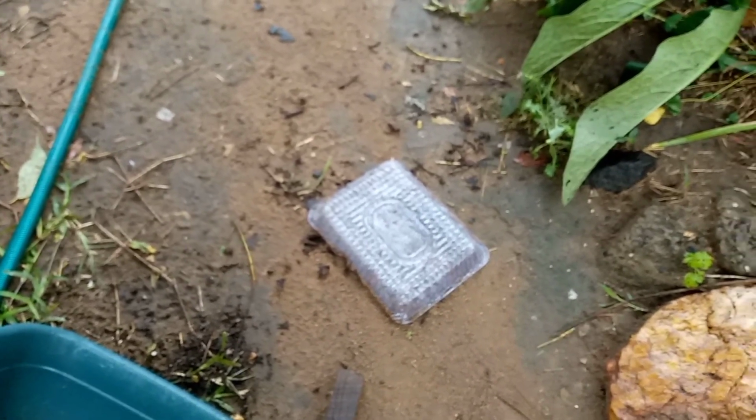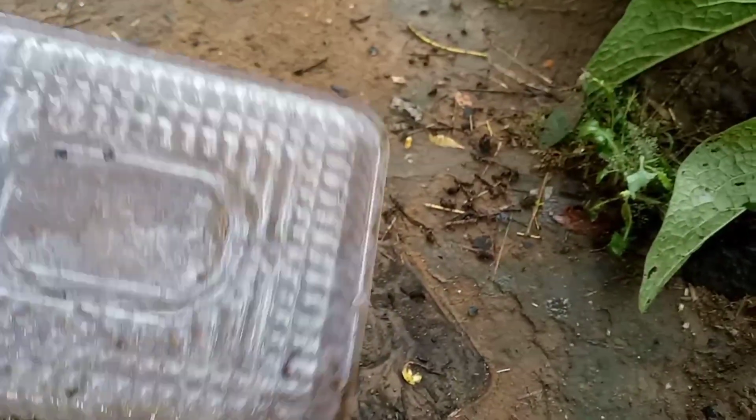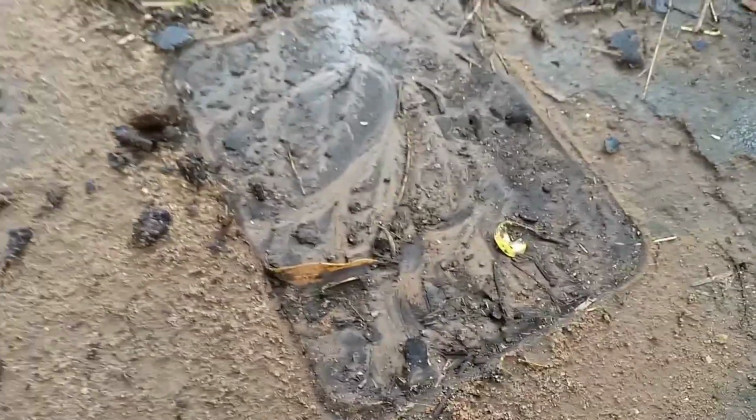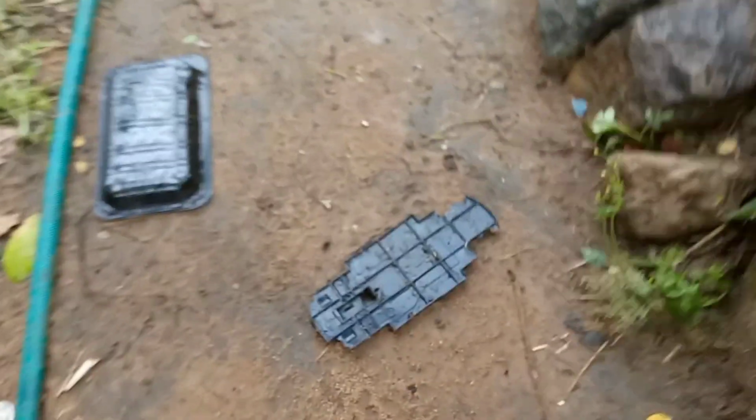Okay, so as you can see down here, some runoff appeared here. As you can see, when I lifted this utensil that I use in my garden, you can see the difference in the textures of soil that are under here and the sandy soil which was washed off from wherever it came from and it ended up here. Just look at the difference. Let me lift this again. You can see,